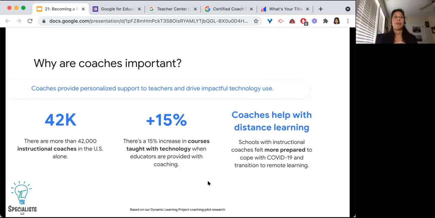No, there's more work that goes into becoming a Google for Education certified coach than there is for someone applying to be a trainer, for example, or an innovator, because with that, you can just create your application, put it in. But with the certified coach program, you've got to show that you've been using the 5-step process and keeping track of your interactions with teachers, not like video recordings or anything. Okay, does that answer your question?